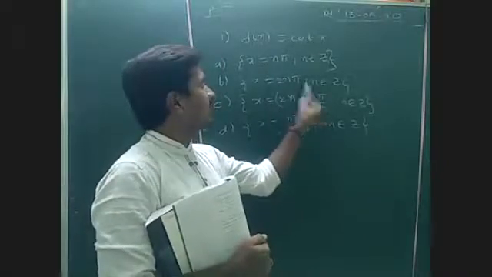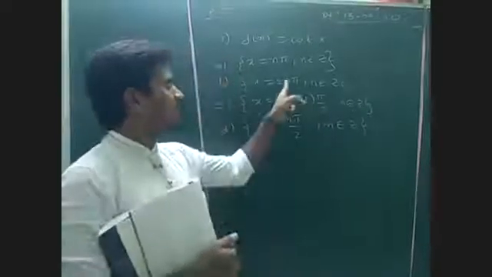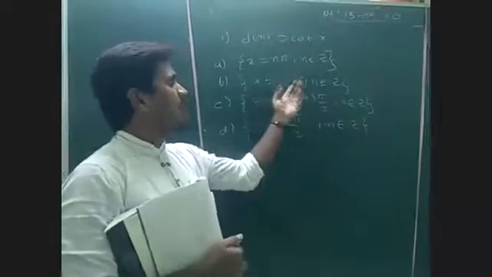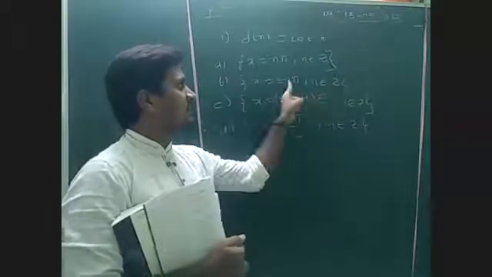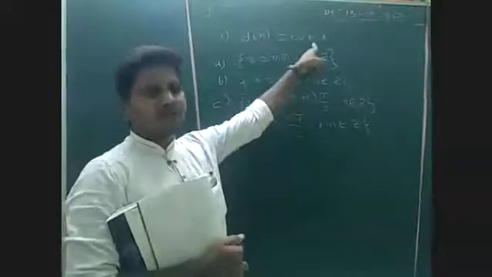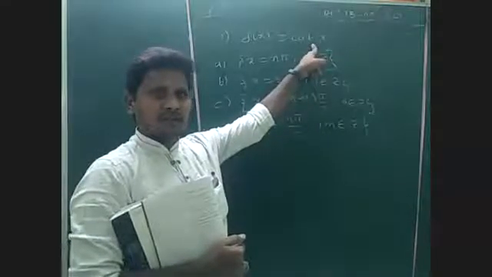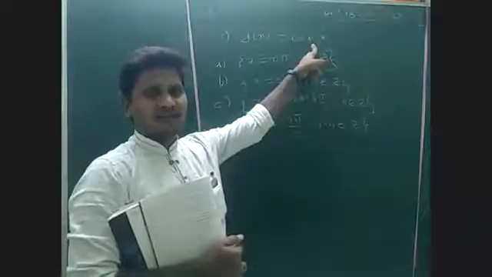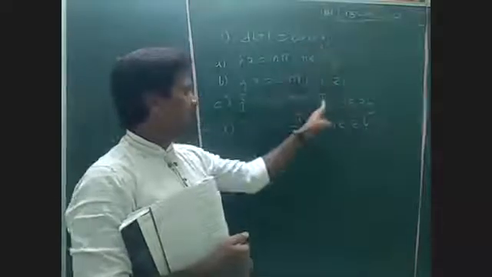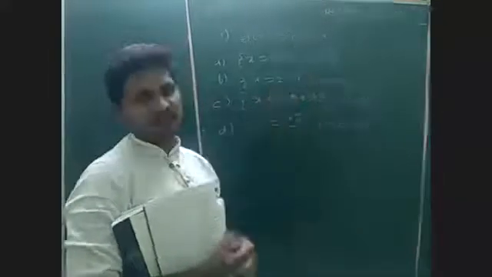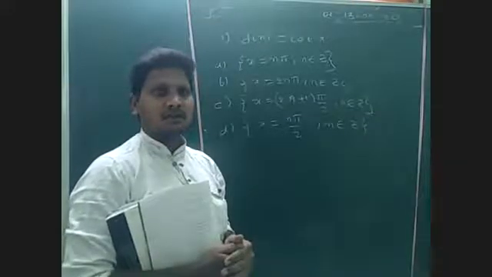Option B will not include all the values, sir. Yes. So for example, I need 180, where n is an integer. If we take 2n pi, cot 0 is undefined, cot 180 is undefined, cot 360 is undefined. For every 180 it will be undefined. But for 90, cot 90 is clearly 0.